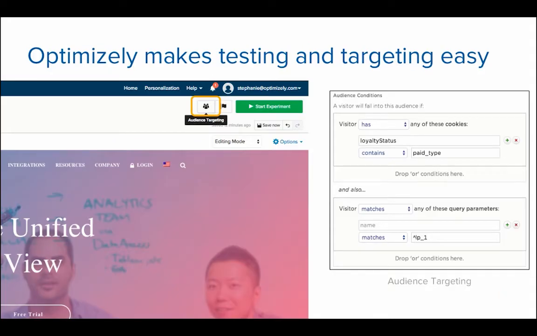To name a few, as you can see on the right, we have cookie targeting and query parameter targeting, and query parameter targeting could become very useful when you have a whole bunch of campaigns that you want to target. We also have targeting based on referrer URLs or custom JS conditions.